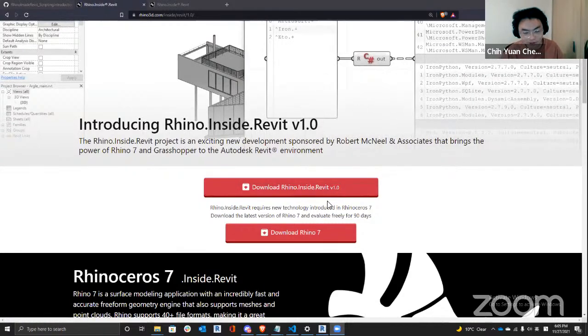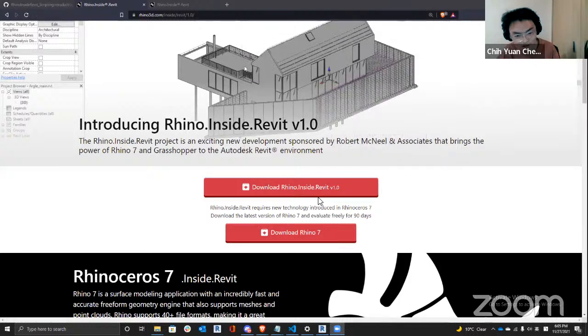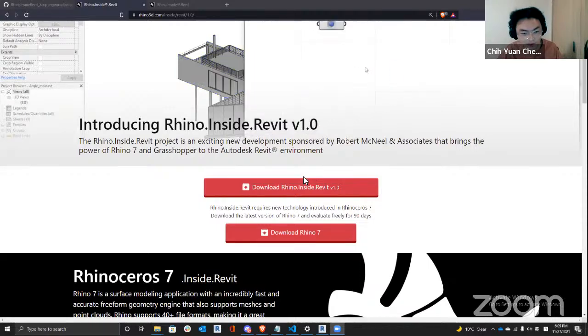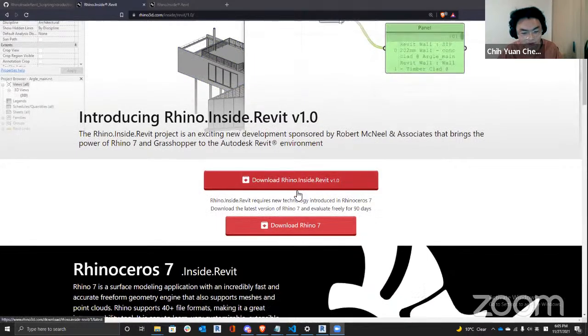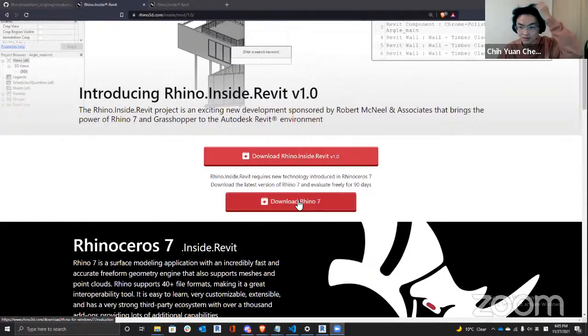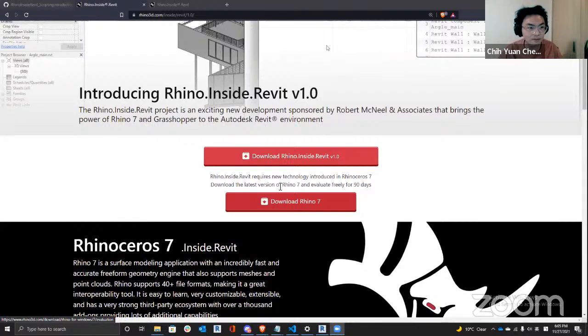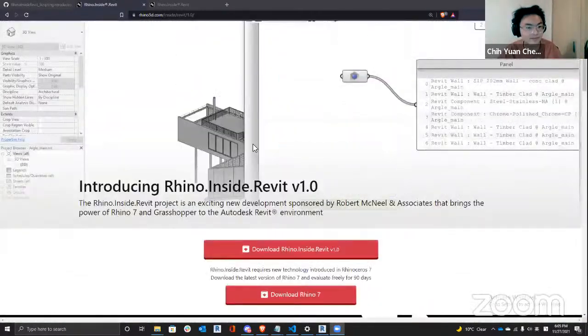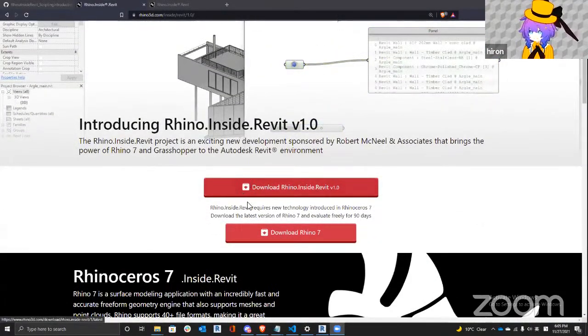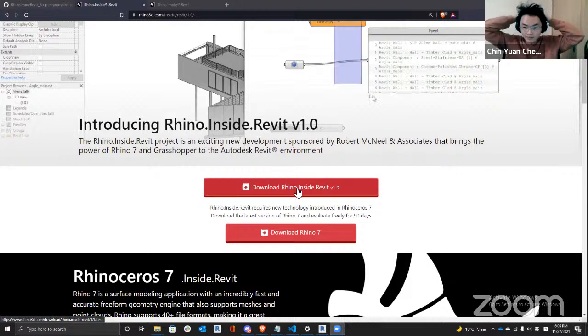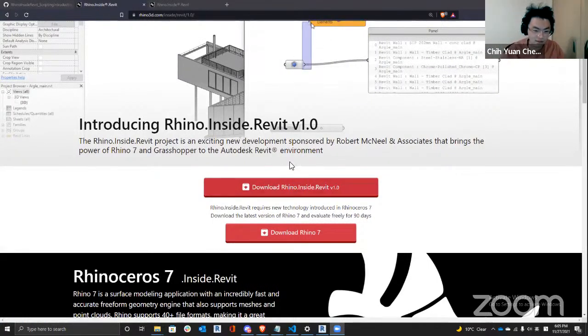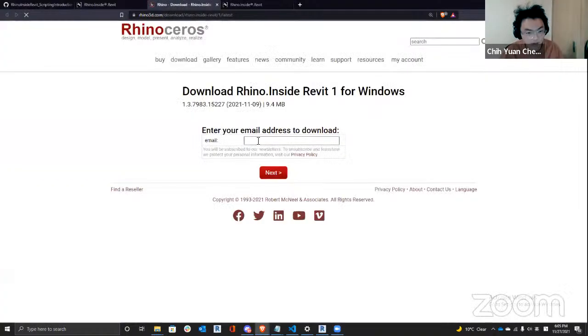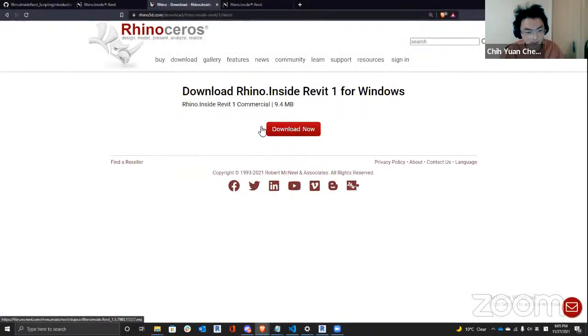today I'm going to introduce how we use CSharp scripting in Rhino inside Revit. And so first thing first, to make sure your environment has Rhino inside Revit and also Rhino 7. Do you guys all have these two? みんな大丈夫そうですか？見えてます。問題ないです。はい。で、パソコンで Rhino Inside Revit がありますか？はい。では、So like basically if you download, you ask your email address and then you download